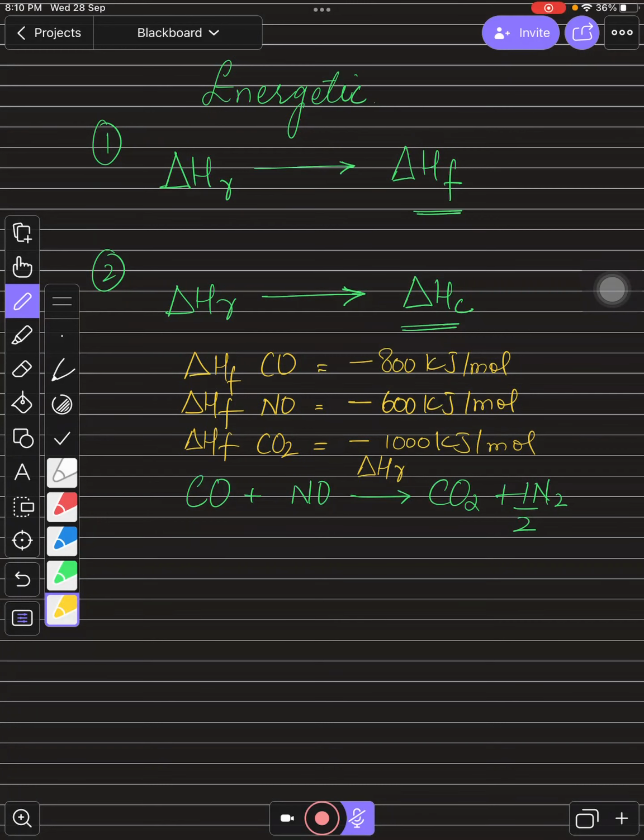So first of all, you need to make a cycle to make this question easier, right? So what is the cycle? Actually, they are enthalpy changes of formation. So formation का मतलब है कि these compounds are going to be formed, right? And definitely these compounds are going to be formed by their